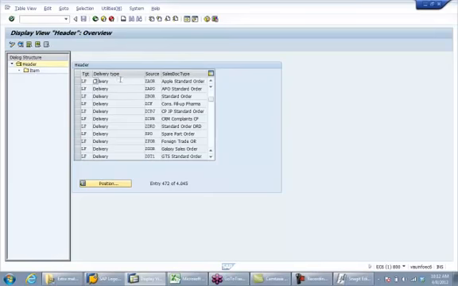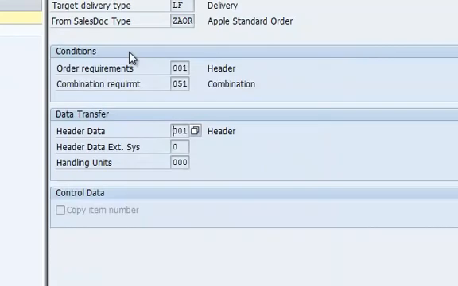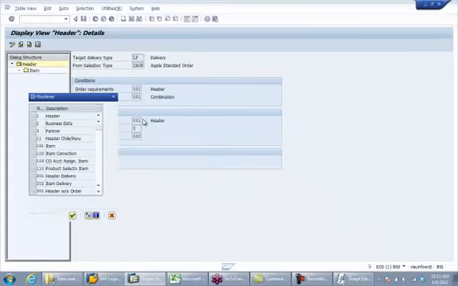You can see there is an entry here, so that's why you are able to create a delivery out of the ZA sales document. If you double click on it, these are the different controls at the header level. You have a requirement, and then you have a data transfer routine. If you click on this data transfer and go to routine 1,